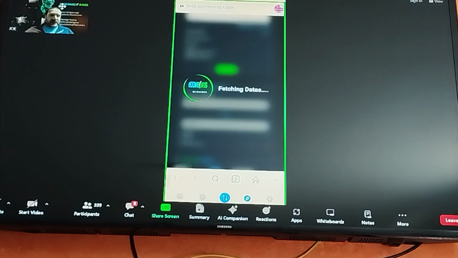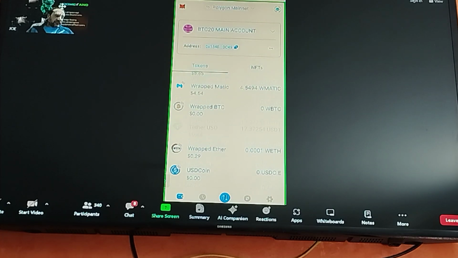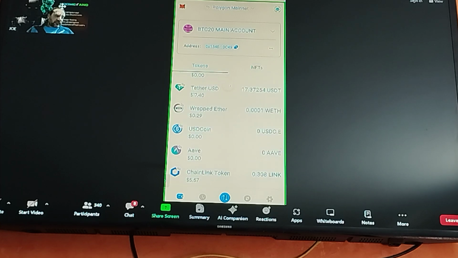Whereas in that, what was that, 30 seconds? In that 30 seconds, the AI has gone and found that trade and executed that trade on my behalf. It has borrowed a flash loan and repaid the flash loan and deposited in my MetaMask. That was USDT, wasn't it? Let's look. Who remembers what I had as USDT? Nobody?